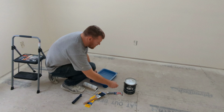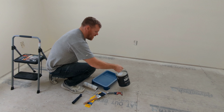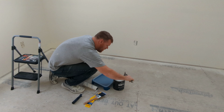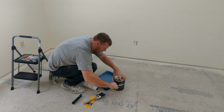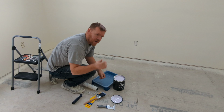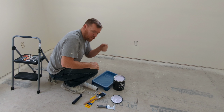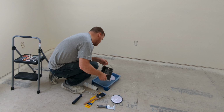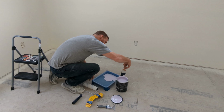So I'm getting started on this accent wall, and I'm not going to go all the way to the edges, and the reason for that is I want to get a real crisp line at the corner. To do that, I'm going to use a method that I've seen taught by the Idaho Painter to get really crisp lines by taping, and then putting a bead of caulk, and then painting it and pulling the tape off before it's dry. But because I just put the second coat on the adjacent walls this morning, I don't want to tape it yet. So what I'm going to do